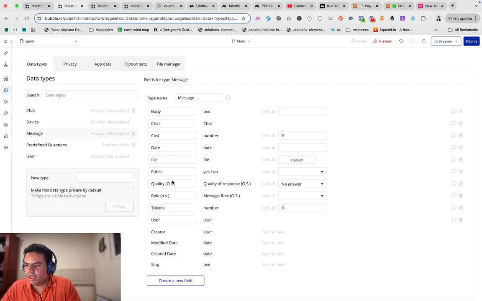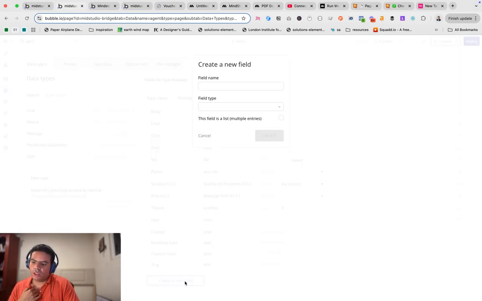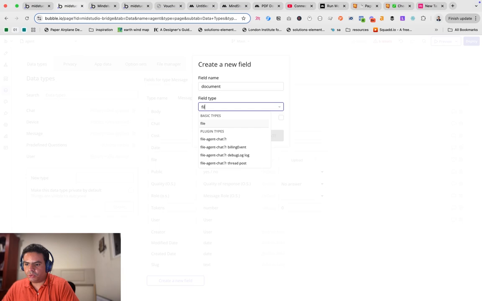Let's just call it document. And we're gonna be saving the uploaded PDF here. Document on file type, you can leave it as file. Click create, and that's it. If we go back to the workflows,